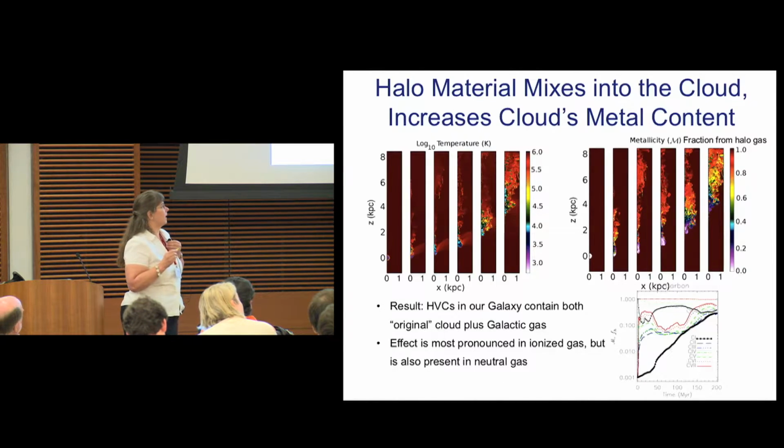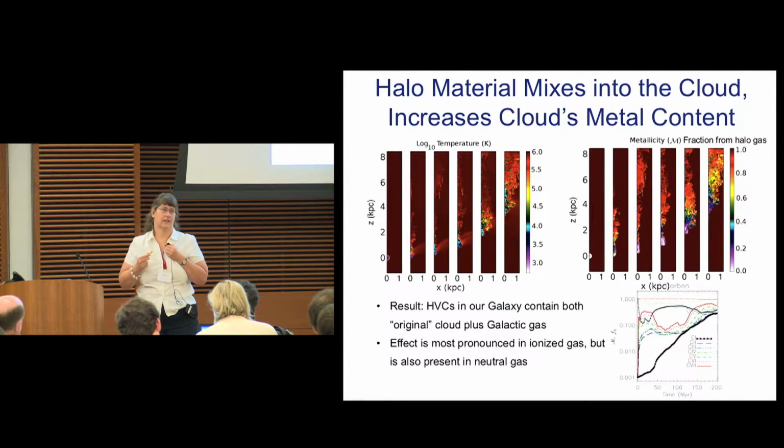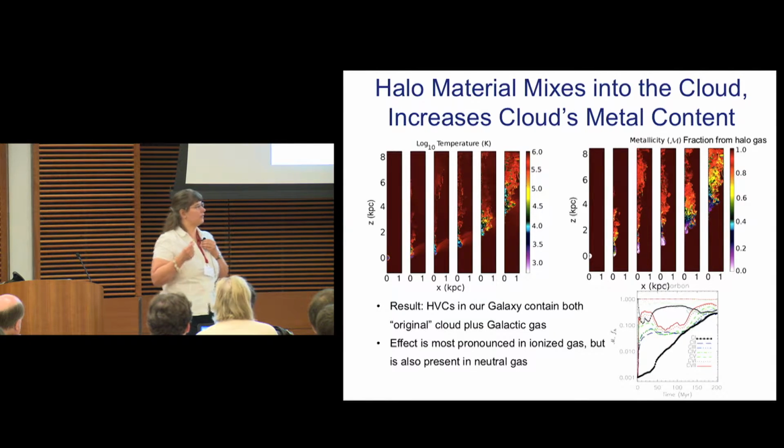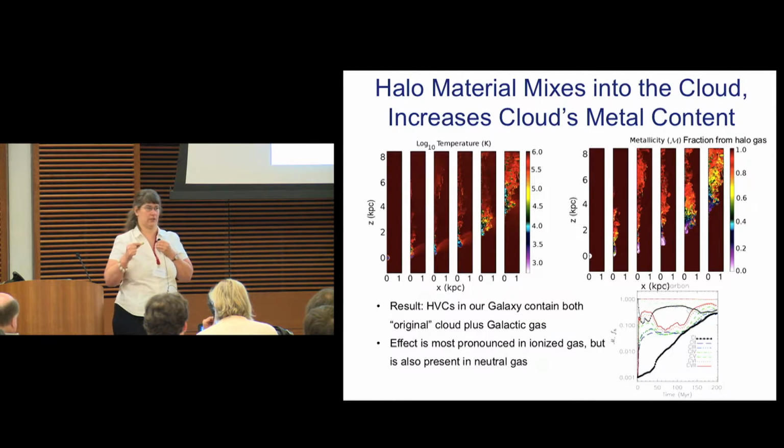This plot shows you some applications. One application of that is the metallicity of the cloud. Observations of the metallicities of clouds have been used to try to figure out where clouds came from. And what I'm telling you here is that the observed metallicity is not really the true metallicity of the pristine cloud, but it's rather a combination of the cloud plus the entrained material.